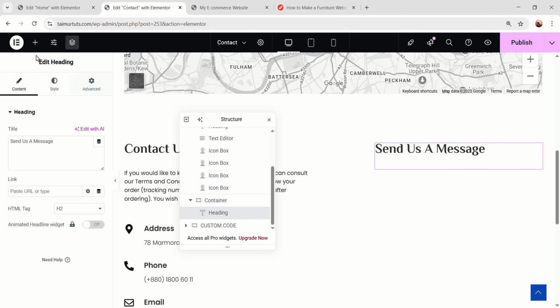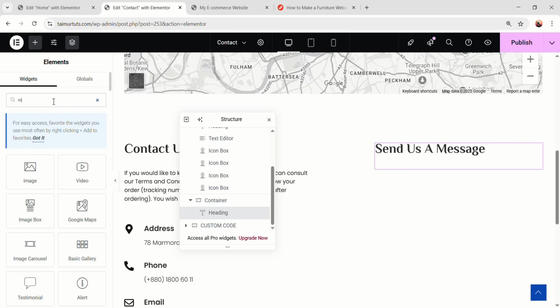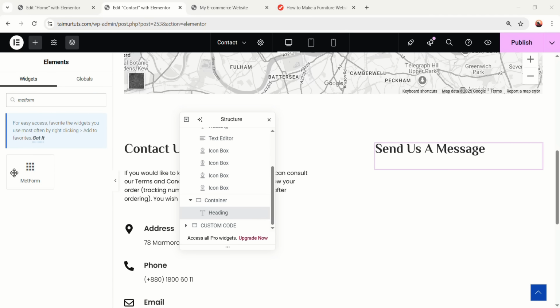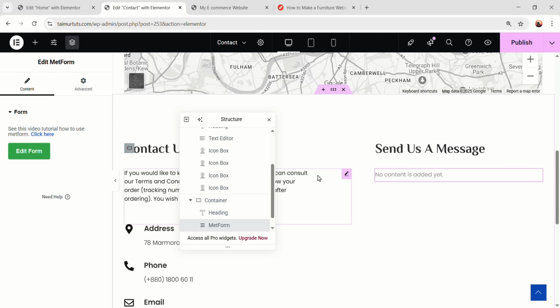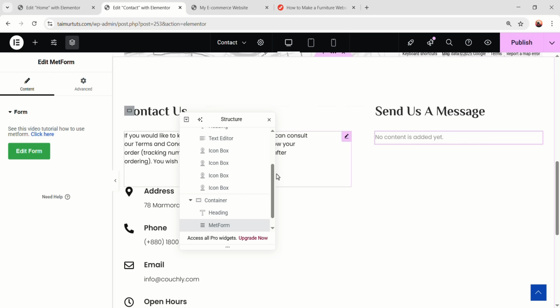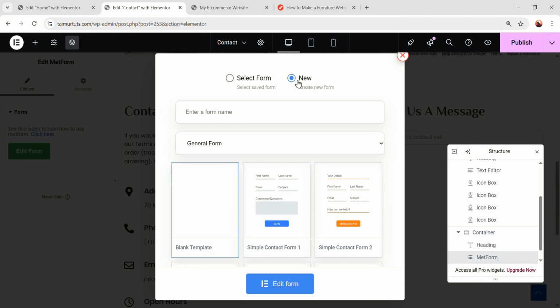Now after this, let's add a new widget which is called Mid Form. So if you remember, we have downloaded the Mid Form plugin, so this is the widget coming from that plugin, and with this we'll create a contact form. Okay, so in here we have to click on this edit form, then select the new option, and on this field we gotta enter the form name. So I'm just gonna name it contact form. Okay, and make sure you select this blank template and click edit form,